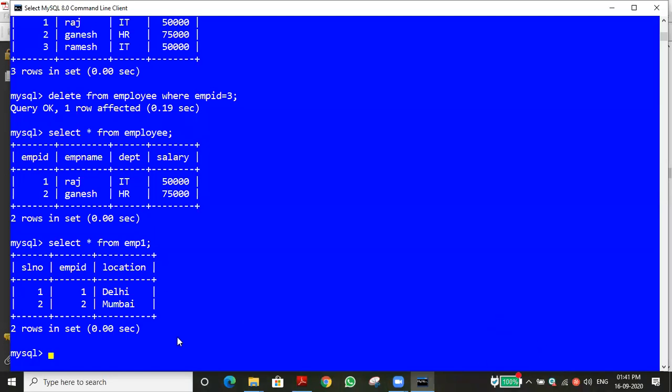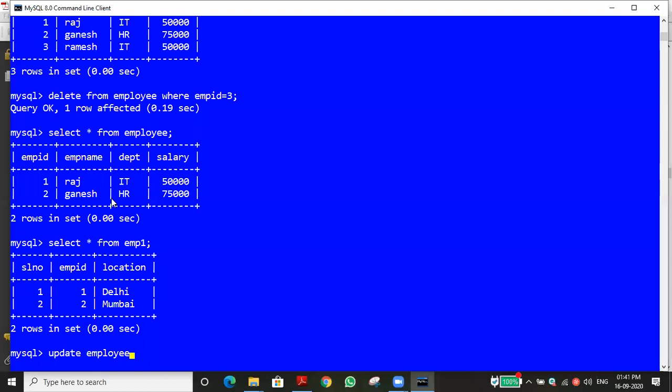Another concept also, I forgot to say. For example, I will show the employee table. What is the employee ID of Ganesh? Can you say? It is 2. Now I'm going to change it. Update the employee table, I'm making the update not in the child table.